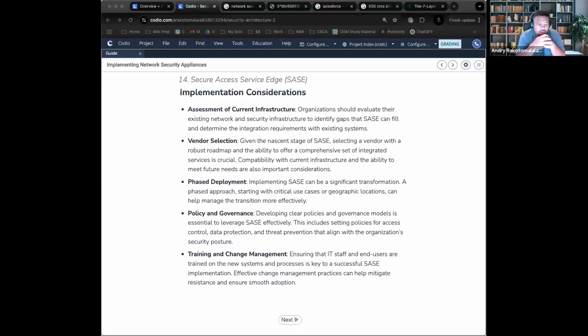Okay. And then you have policy and governance. You need to make sure that it adheres to all of your compliance standards. Some compliance standards require you to have a dedicated tool just for network management and not a tool that does everything. And then you need training and change management. As a reminder, that means that you are shifting the employee's focus from individual pieces to one master one. All right, let's carry on.